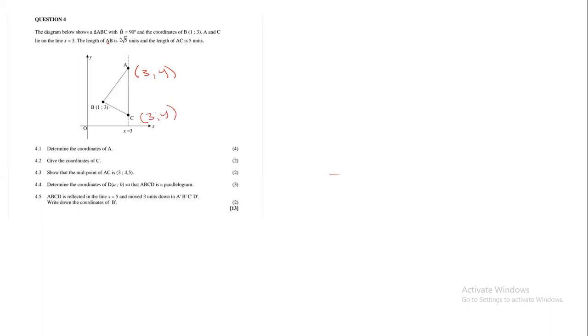What is also provided is that we are told that angle B is 90 degrees. Like I said, in mathematics, you don't assume unless you were told. If I were asked to determine the area of this triangle, you're going to use half base multiplied by height. We are given the coordinates of B completely, except A and C. And they say the length of AB is equal to 2√5. Where is AB? Here, AB is equal to